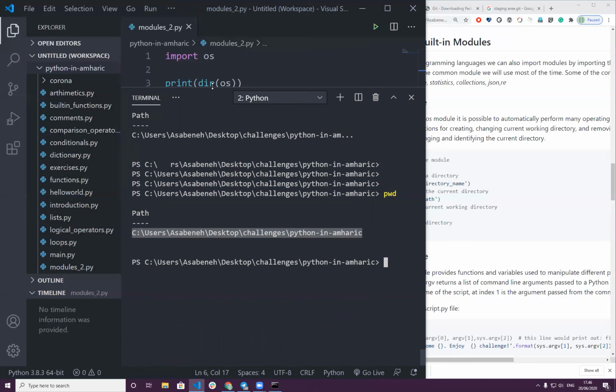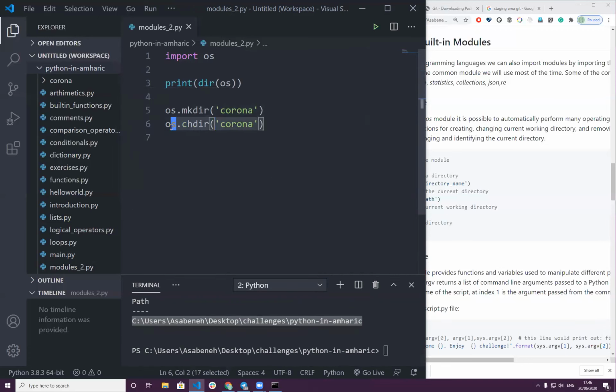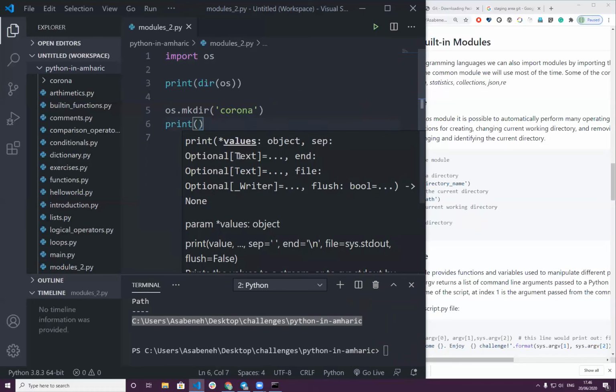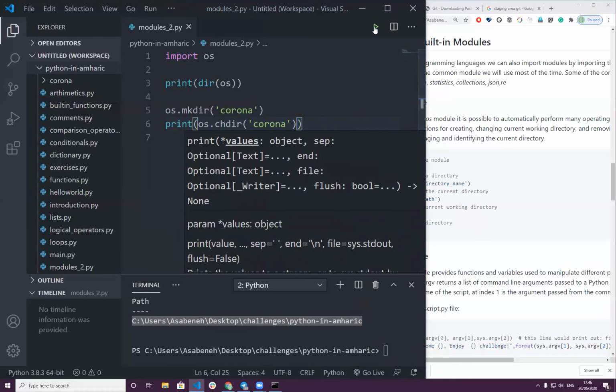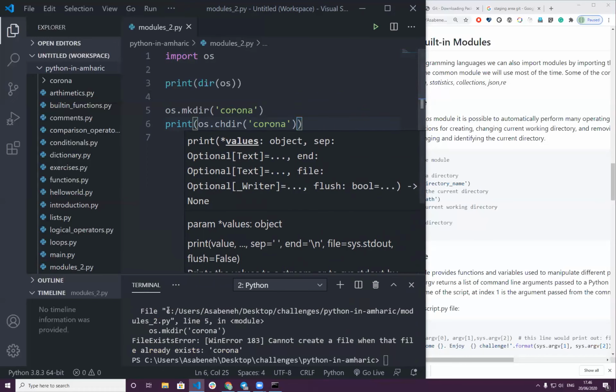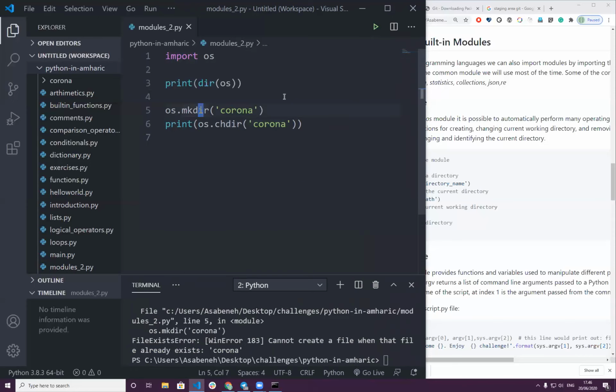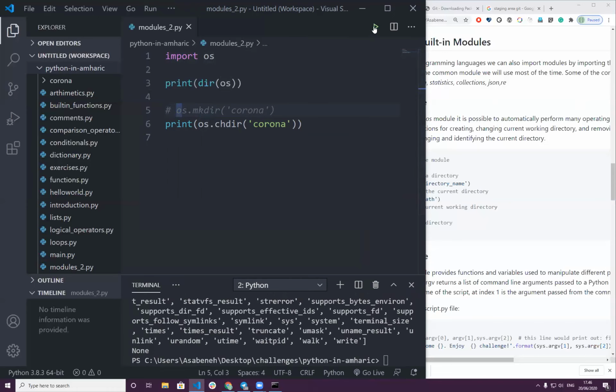So let's just print what I get from this line. We can print. Oh, yes. Oh, yeah, because this make directory is now making again. I have to comment it out. None. Okay, it's returning none.